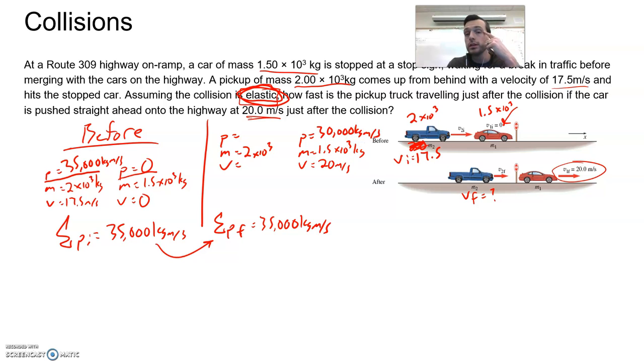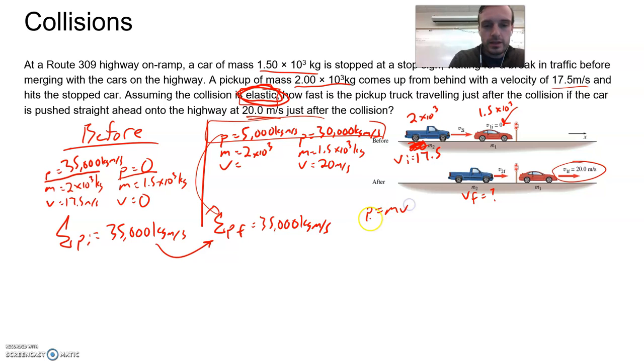Now, let's put this all together here. If the car has 30,000, but my system total has to be 35,000, then the truck must have 5,000. Because these two P's up here, the momentum of the truck plus the momentum of the car, have to add up to the total because the total momentum stays the same for our system no matter what's going on. And so we have P equals MV. We plug those in. We got 5,000 equals 2 times 10 to the 3 times V. Divide both sides by 2 times 10 to the 3. So 5,000 divided by 2E3, and that's going to get you